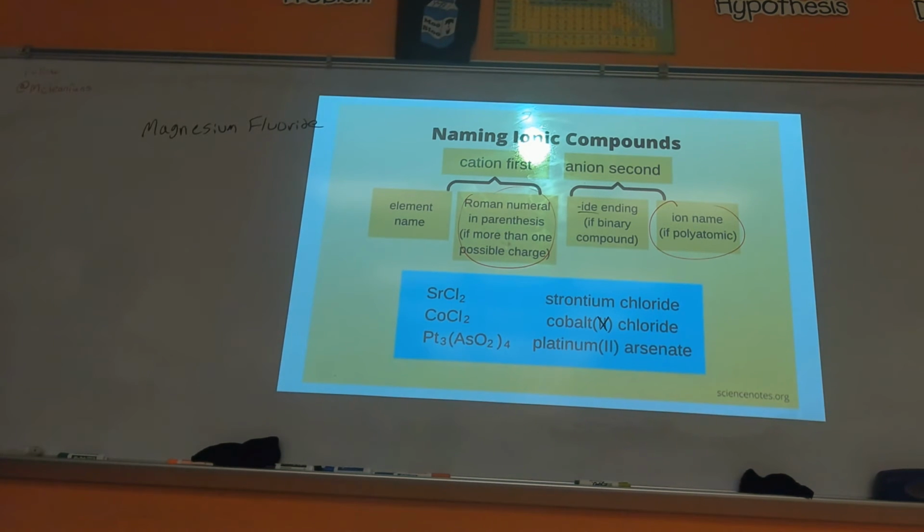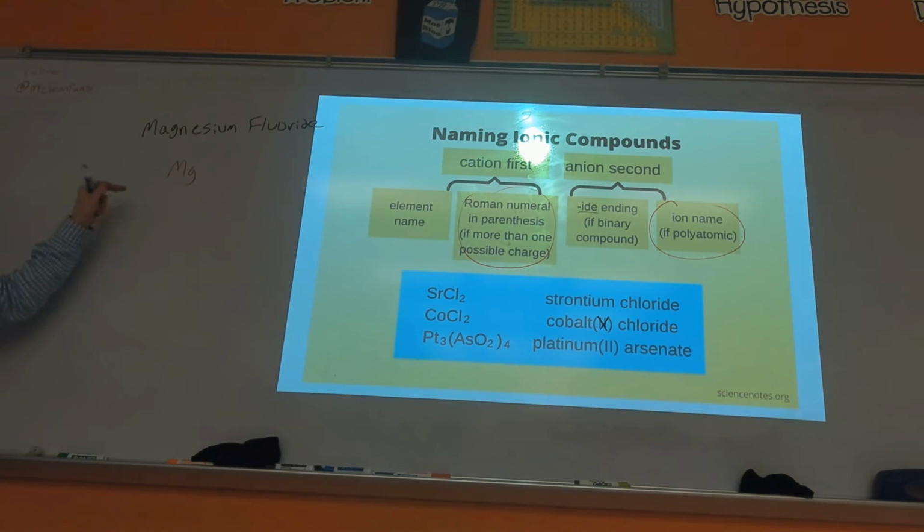So if you got magnesium, find magnesium on the periodic table. Magnesium is Mg. That's its symbol. Then you have to ask